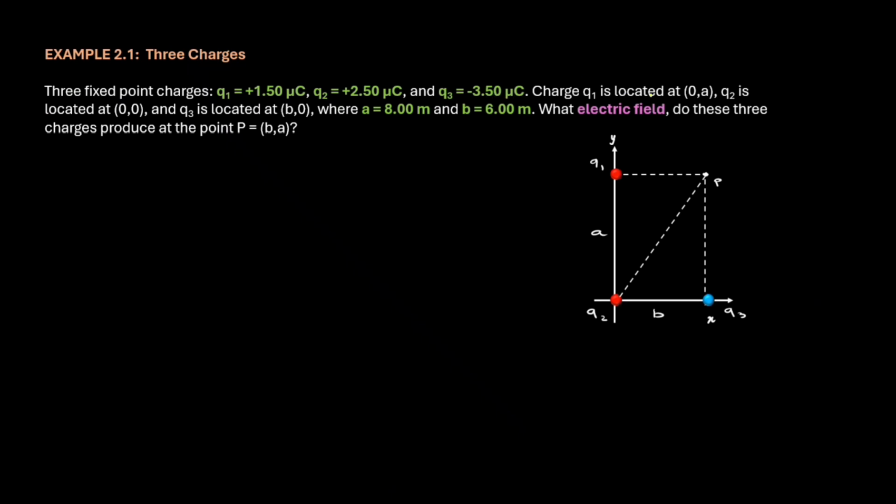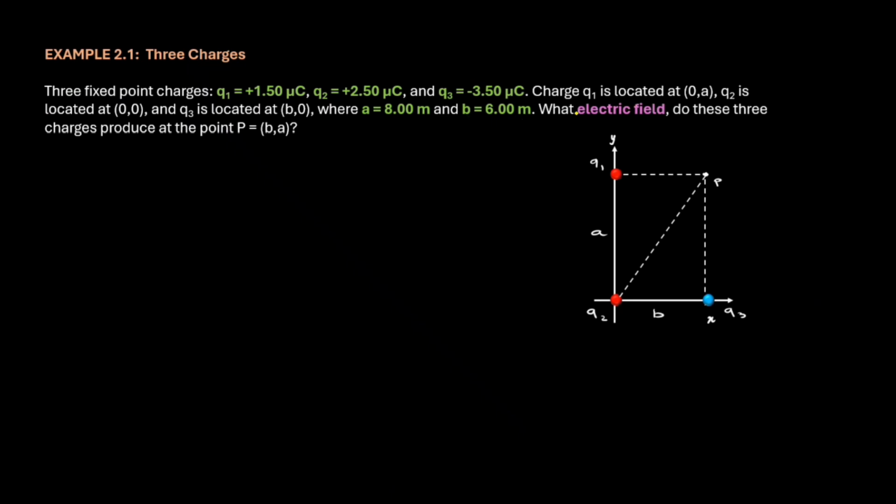Charge Q1 is located at 0, A. So this is charge Q1 at a distance A along the y-axis from the origin. Q2 is located at 0, 0. So this is Q2 at the origin. And Q3 is located at B, 0. So Q3 is along the x-axis, a distance B from the origin, where A equals 8 meter and B equals